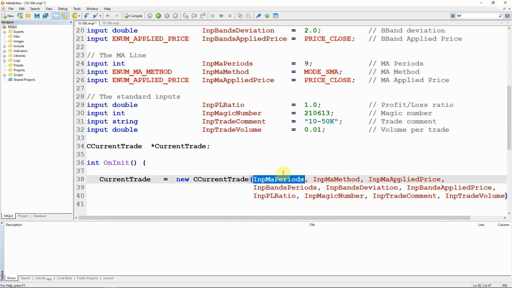Now these are inputs, and that means they're globally available variables, and they are available to the class without being passed in. But I'm using this approach because it's a little more flexible in times where I may want to modify something and pass in a different value to the input. So all these will be available inside the class by being passed into the constructor here.